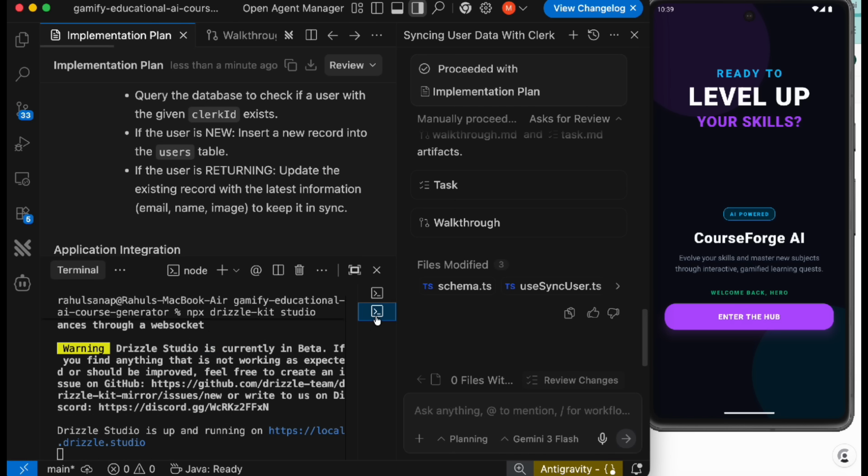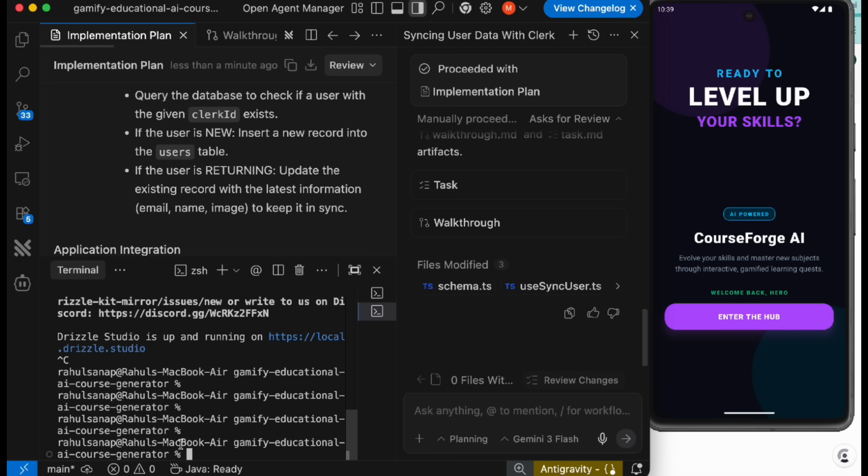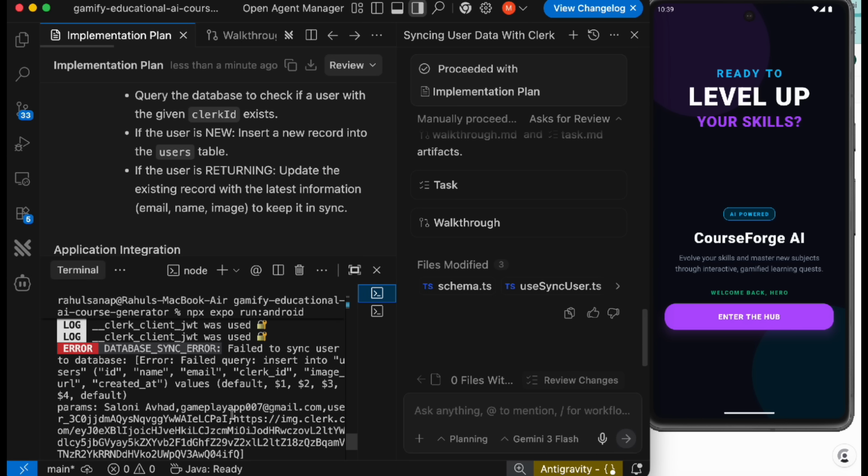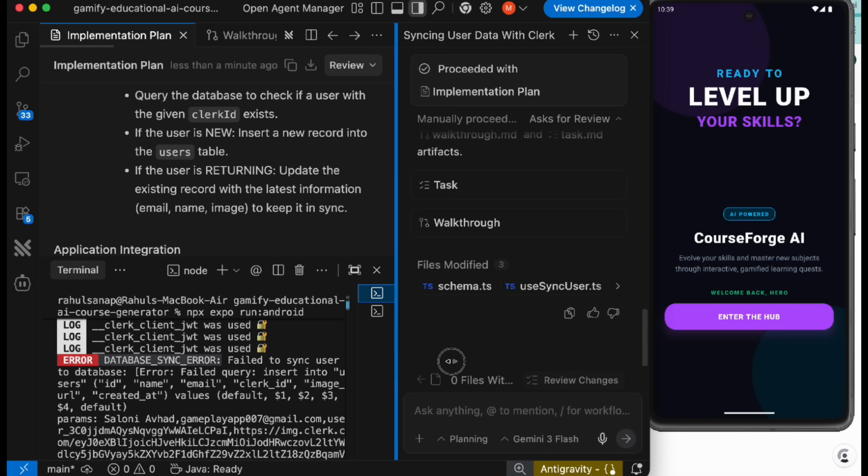So basically we'll go to this Drizzle Studio, and then I'm going to stop the Drizzle Studio and simply run this command: npx drizzle-kit push. Whenever your schema is updated, you have to push your changes to the database, and once I push it, it's saying no changes detected. So that's weird, because it's saying there is no error, and this is some database sync